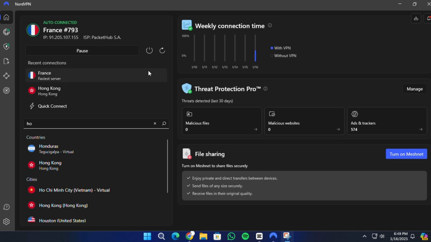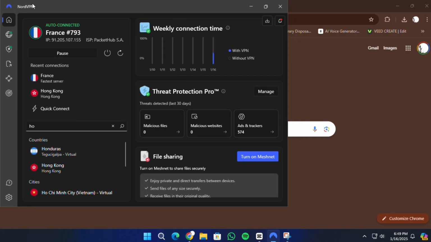If you try to access Instagram in China without a VPN, you will notice that the website and app are completely blocked. To bypass this restriction, you'll need a VPN that works reliably in China. For this video, I recommend using NordVPN, which is one of the most effective options for accessing blocked websites and